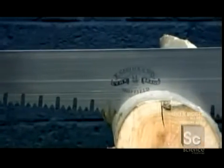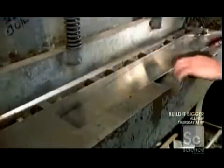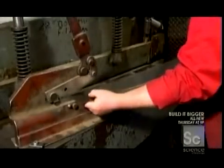Making a crosscut saw is an exact science that dates back centuries. At this factory, they make these saws the old-fashioned way, mostly by hand. It's a nod to a time when these saws were at the forefront of history, helping to clear the way